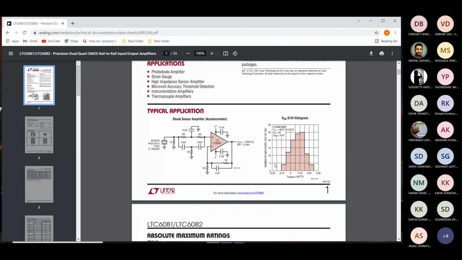The working of a capacitive accelerometer is such that it relies on the change in electrical capacitance in response to acceleration. The distance between the plates of the capacitor varies proportionally to the acceleration applied.